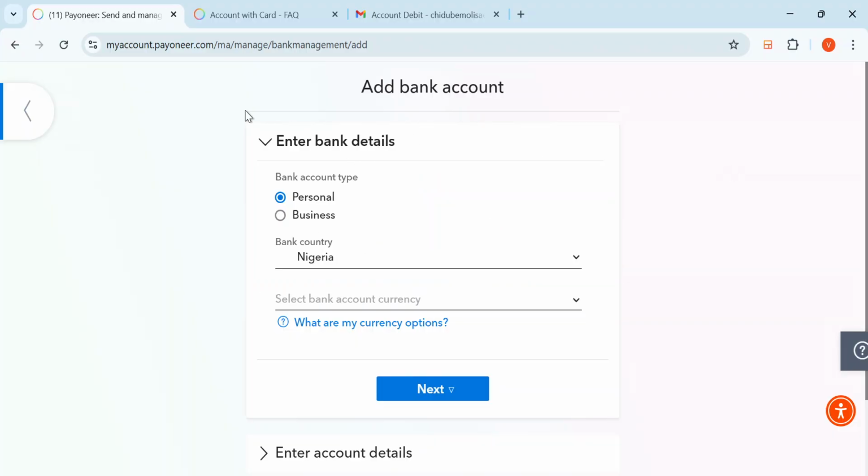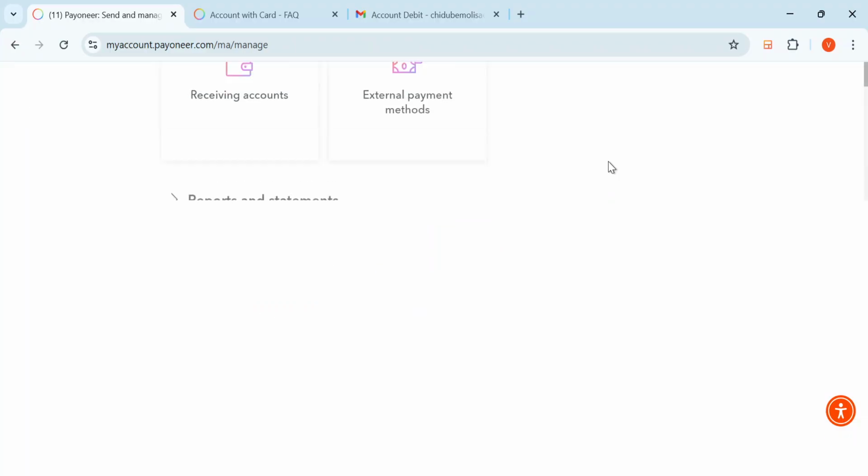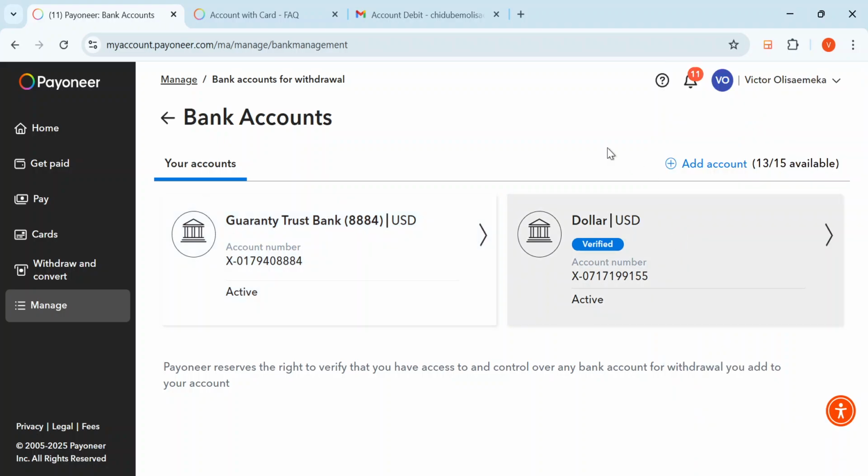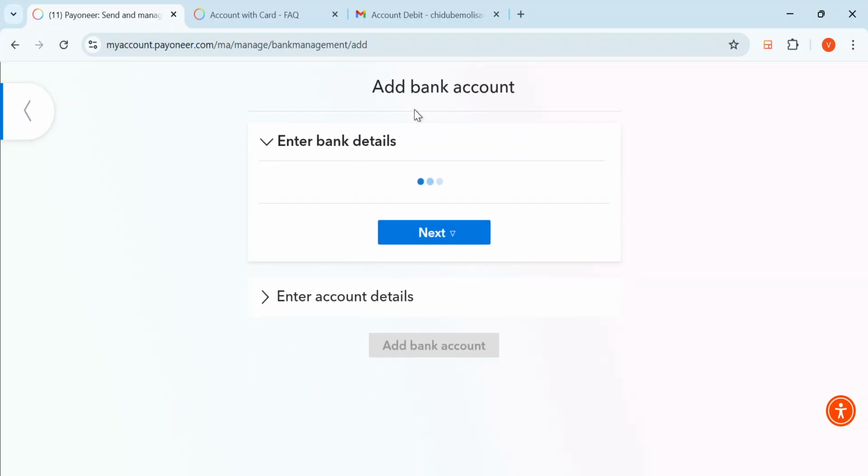So let me just show you something quickly. Okay, just click on this. Good. Okay, so I have 13 over 15. That means I can add up to 15 accounts on this my Payoneer profile, which is crazy and very, very good. I've added just two, so you can click on add accounts,